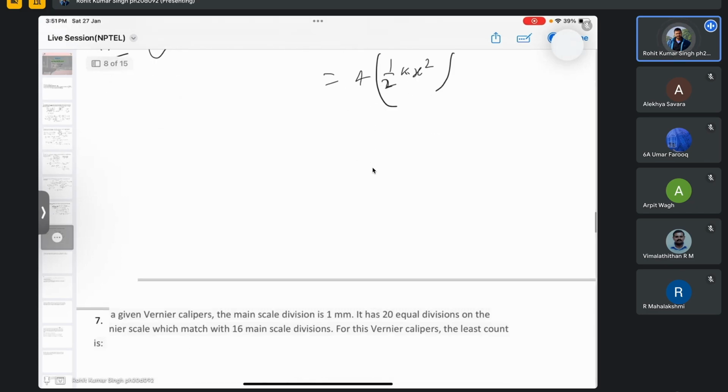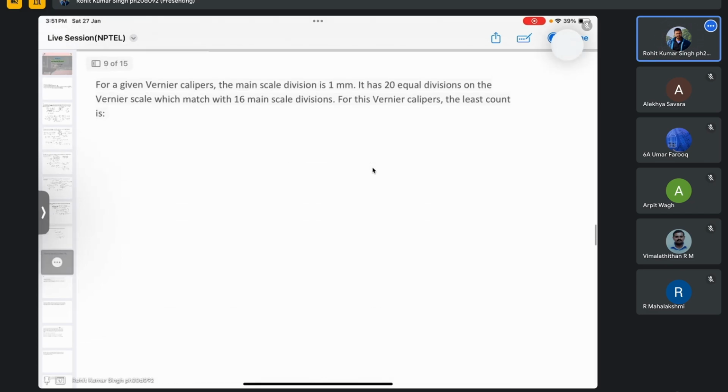Then let's go to our next problem. This is a problem on measurement. So all of you know what vernier calipers are. Vernier caliper, screw gauge, micrometers. Do you know everyone? These things are also taught in class 11, 12, and also in BSc practical labs. So I'll assume that all of you are familiar.